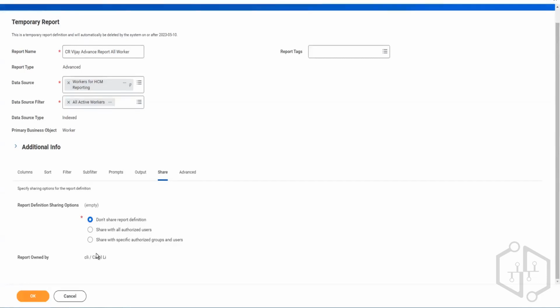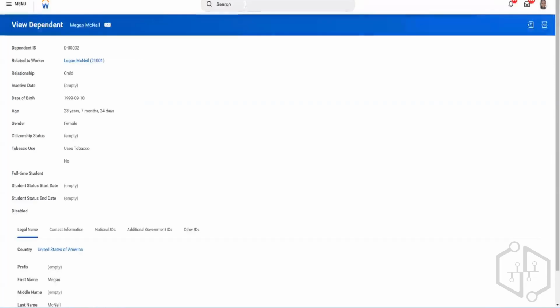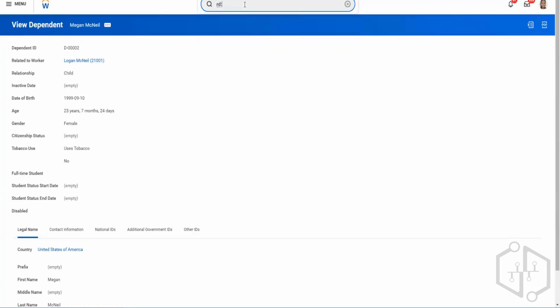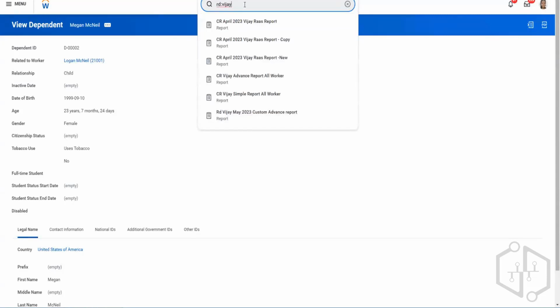But if you have report writer level access in the tenant, you cannot directly search the report. To search the report, we have an abbreviation quick option. You do RD colon and then the report name. So if you have the report access, you will see all the reports which I have created and I have